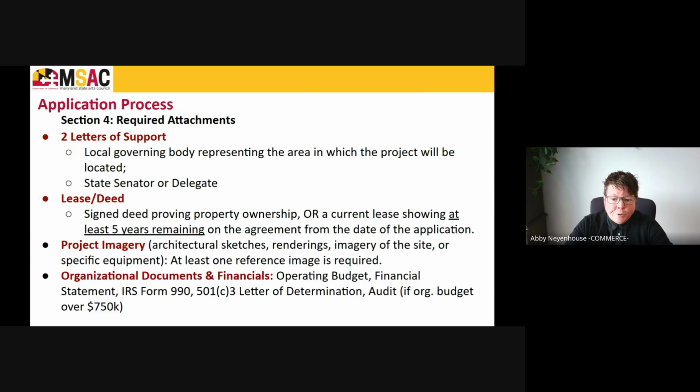Again, I've said this before, and obviously these are one of the lessons we've learned over the last 2 years, but we need to have in the application a signed deed providing property ownership. So if you own the property, we are going to need a copy of the signed deed attached to your application. And then if you're leasing or renting a space, we're going to need your current lease showing at least 5 years remaining on the agreement from the date of the application. So we need 5 years after you submit this application,